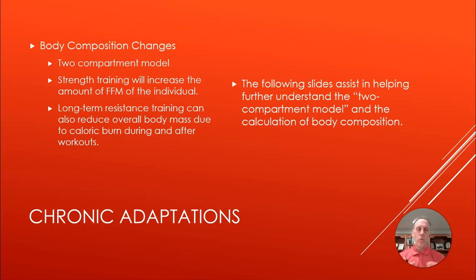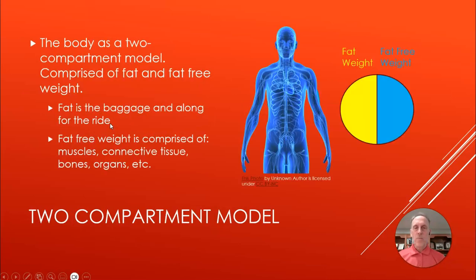So you can have two things going on here, one of which is you pack on more muscle, you stay the same weight, you don't burn any fat off, but because you pack on more muscle, you put on lean muscle mass or fat-free mass. And because you're putting on more fat-free mass, that's going to change your actual body fat percentage. And then if you go ahead and work out more and more, you might have the continued addition of fat-free mass. You start burning some body fat off, and actually your overall body weight either stays the same or kind of calibrates and goes lower because you're burning calories during your workouts.